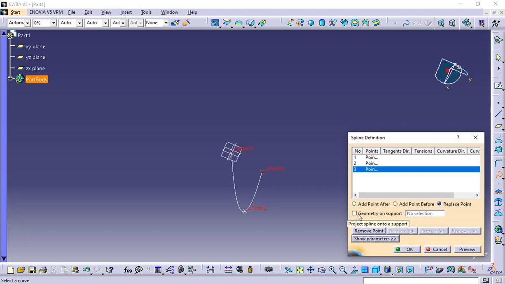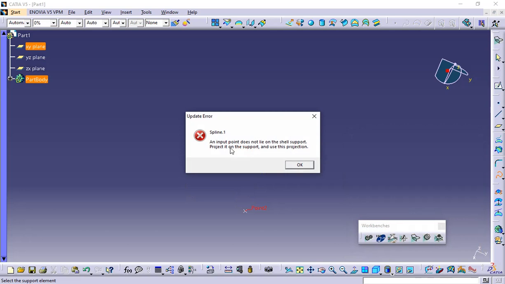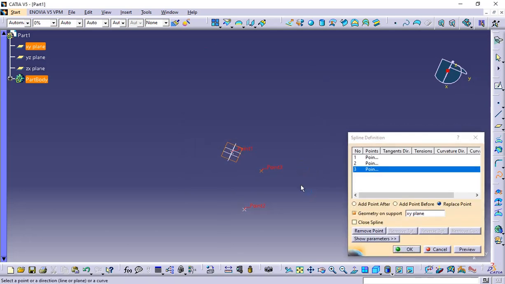Coming to this geometry and support, as I told you, select this and select any plane. You can see there's an error message showing, so it is not possible to create the points,